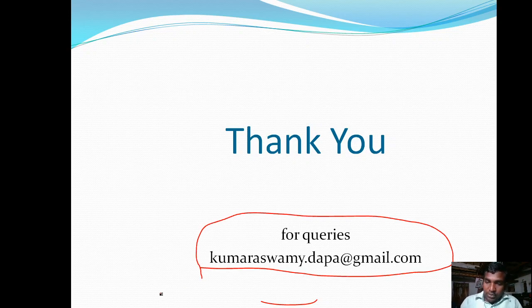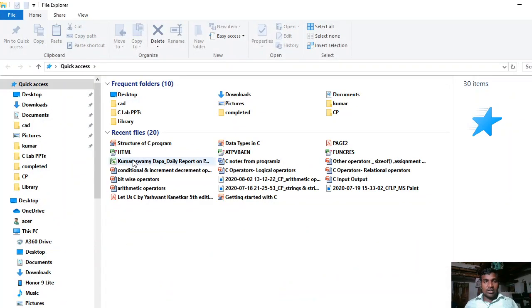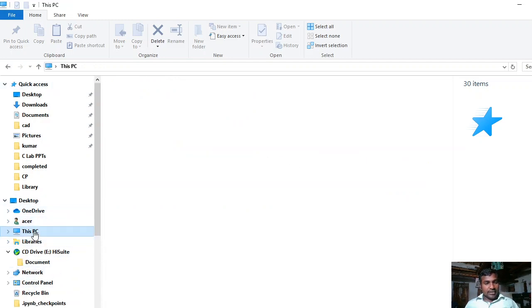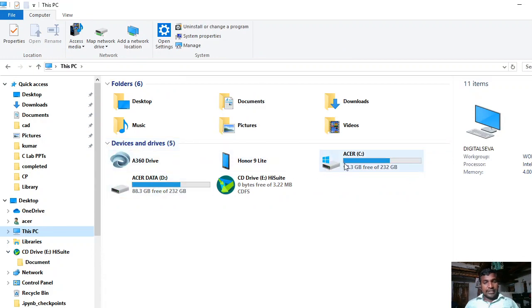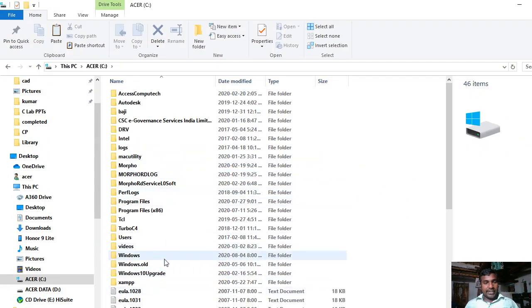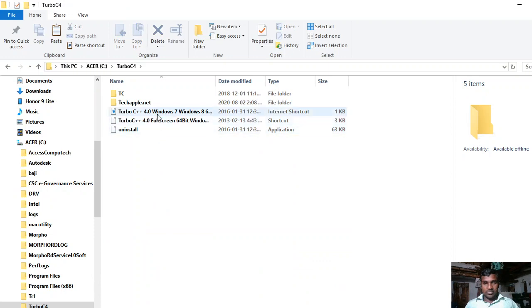Now it's time to write a simple program that includes all the sections of the C program structure. Let us try to write the C program that was already explained in the slide.